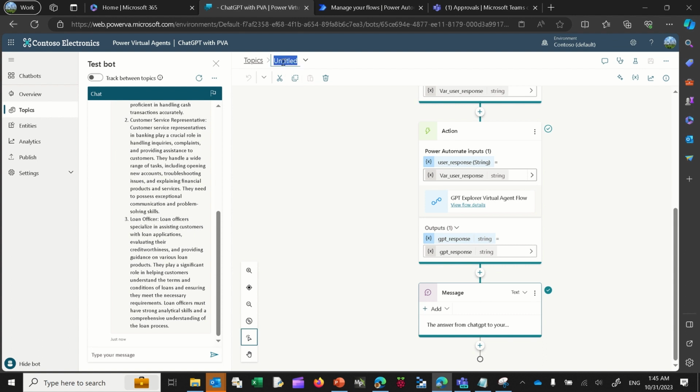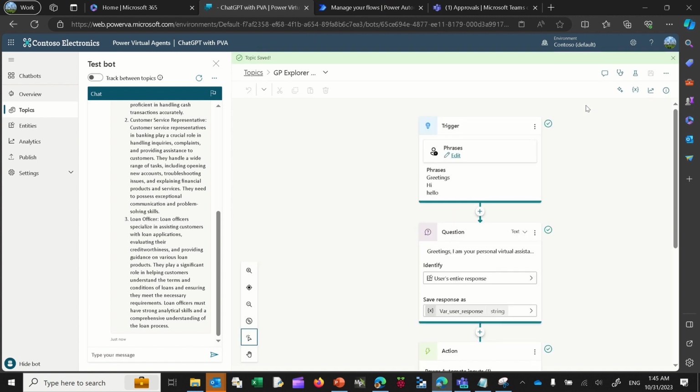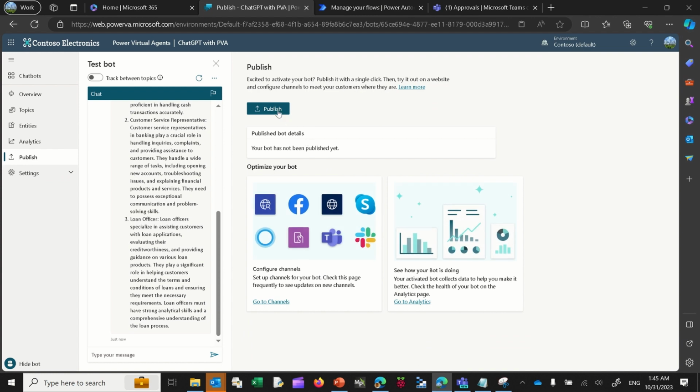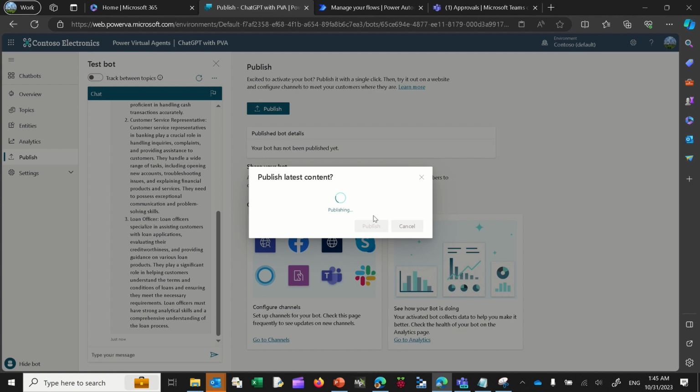So I'm going to actually save this topic. I'm going to call this GPT Explorer, right? And I'm going to add my initial maybe, and then save this topic. So this is all done, and you could add other things. You could ask for a survey, so on and so forth. You could do many things, right? And once this is actually done, I'm going to basically publish this bot, right? So this bot now, this content is ready and it is ready to be published for folks to actually use,